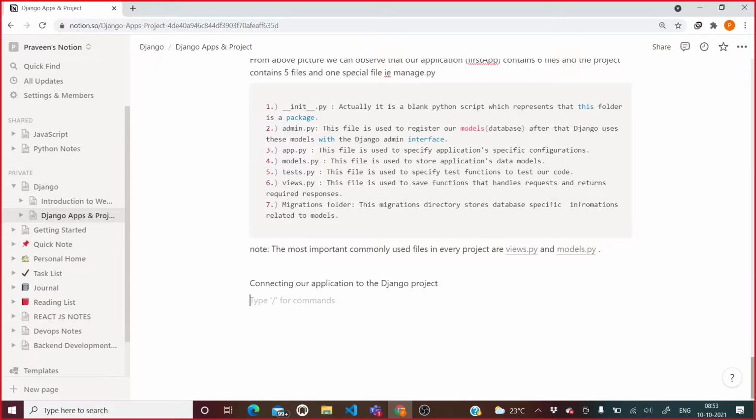So whenever we are going to create an application and project, we need to tell how we can add that particular application to the Django project.